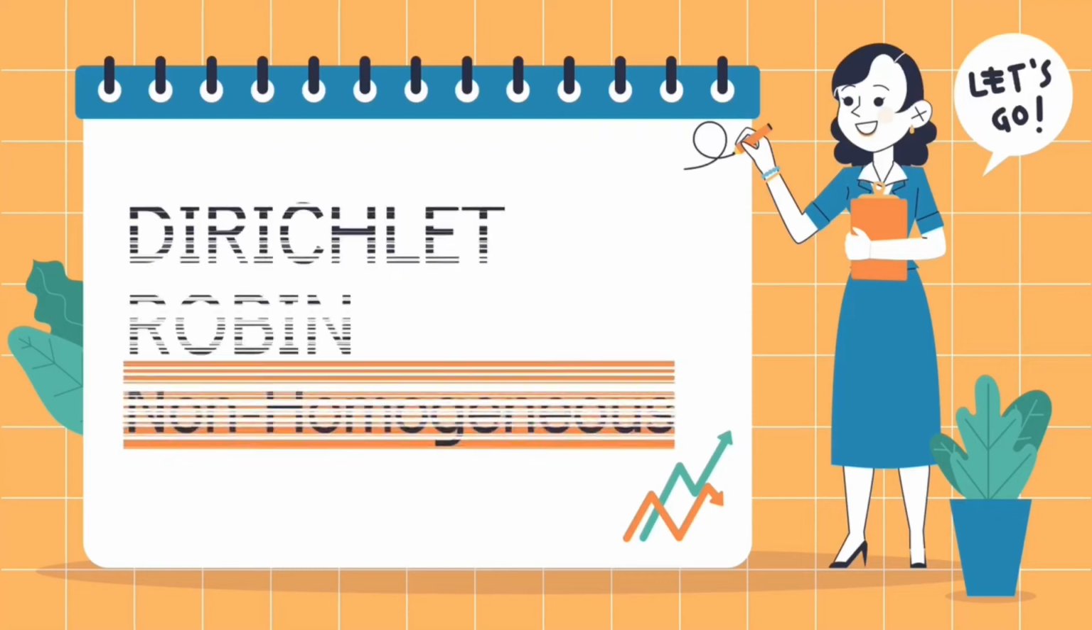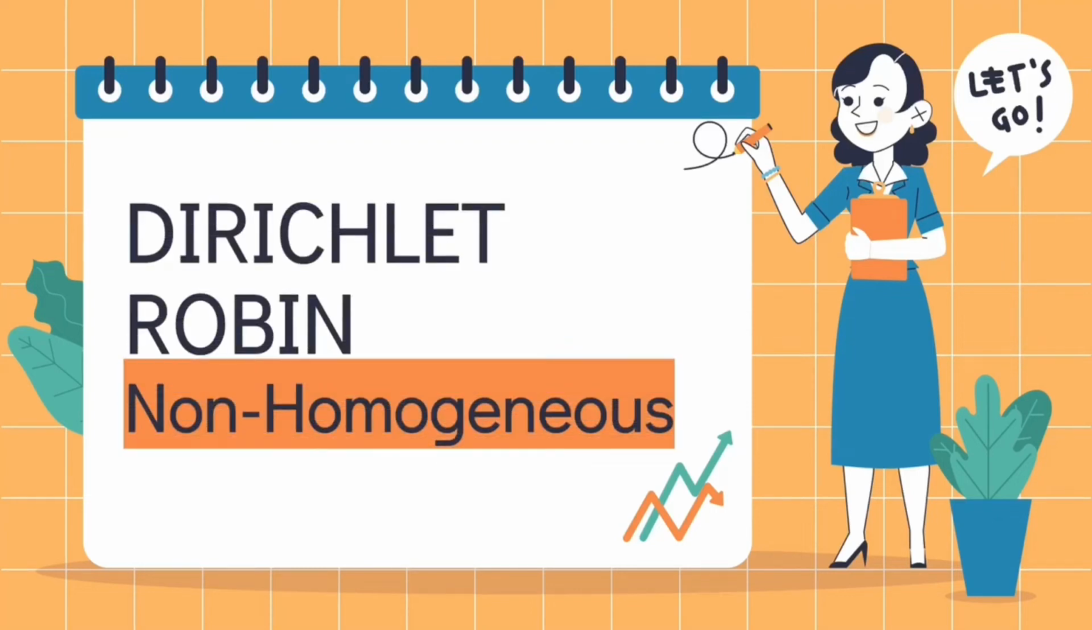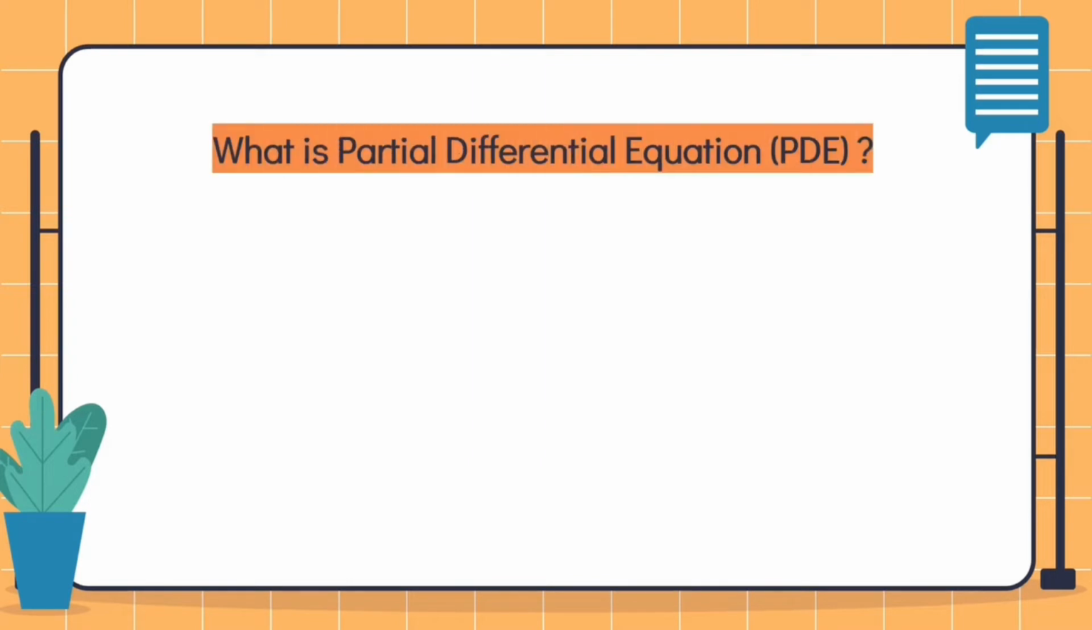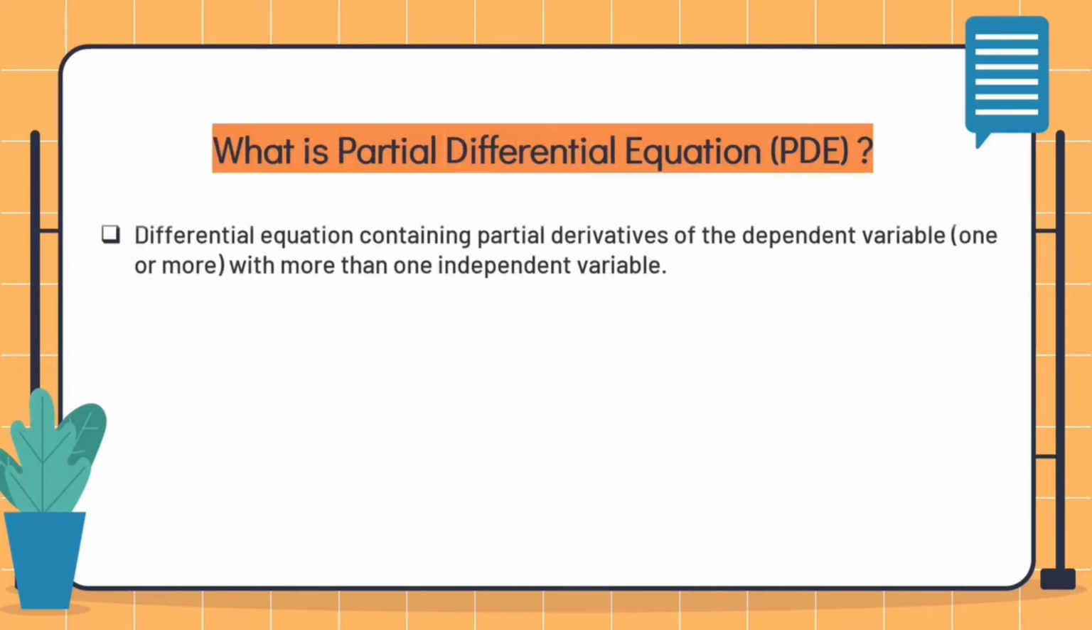We were assigned specifically to a topic called Dirichlet Robin non-homogeneous equation. The Dirichlet Robin non-homogeneous equation is a part of partial differential equation. It is also known as PDE. Generally, a PDE is a differential equation that contains partial derivatives of one or more dependent variables, with more than